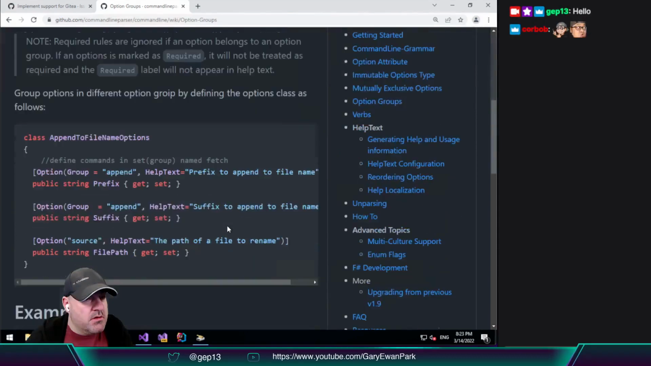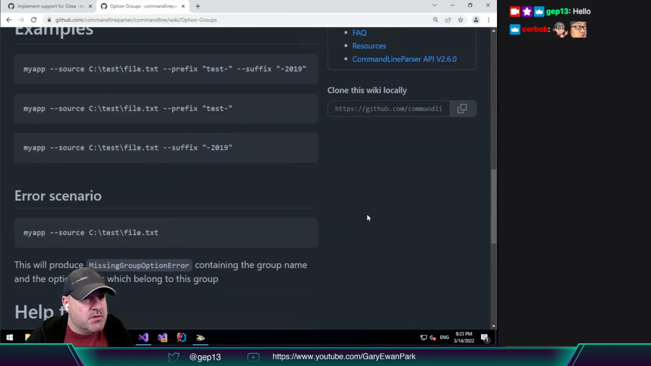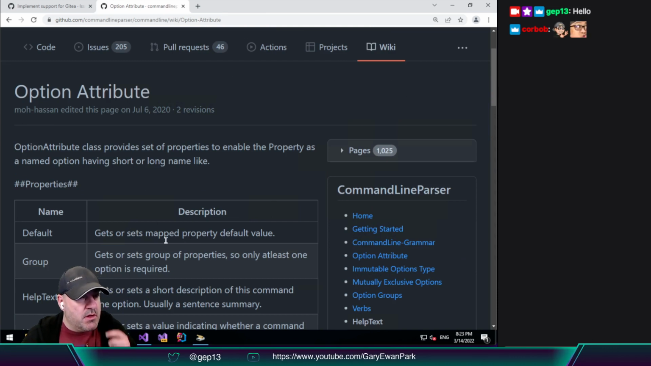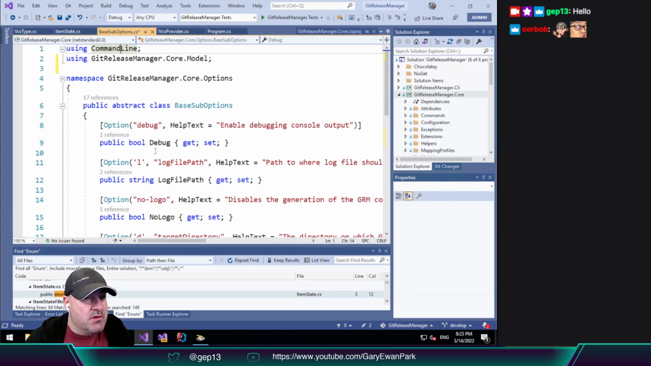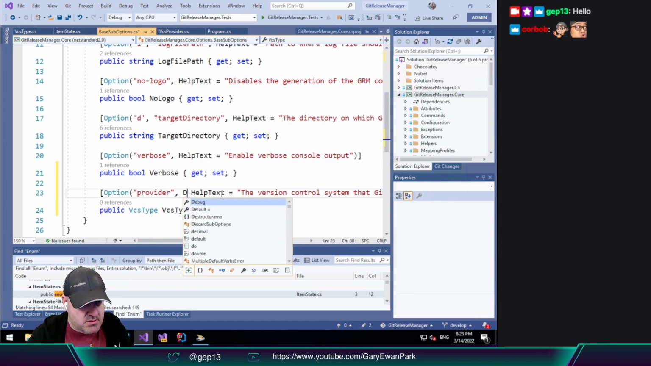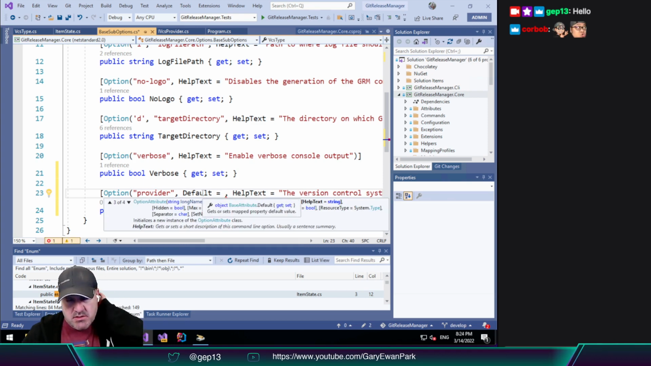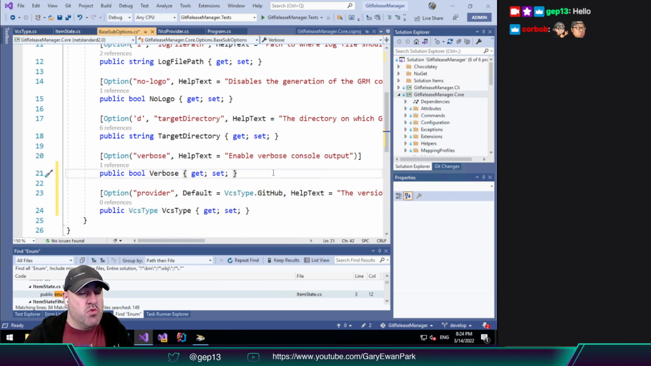You can define option groups. I don't think that's what we want. Help text. Let's have a look at the option attribute. Gets or sets mapped property default value. Well, that sounds. Oh, I see. It's a different attribute on the option. So in the way that we've got help text, there's a default. Yes. The name default. So what does it want? Is an object. Okay, so let's put in VCS type.github. Ooh, that looks promising. Okay, so if I do a build there,